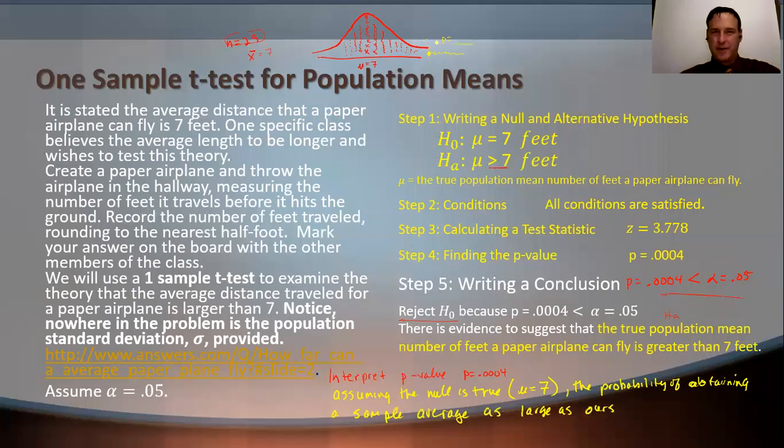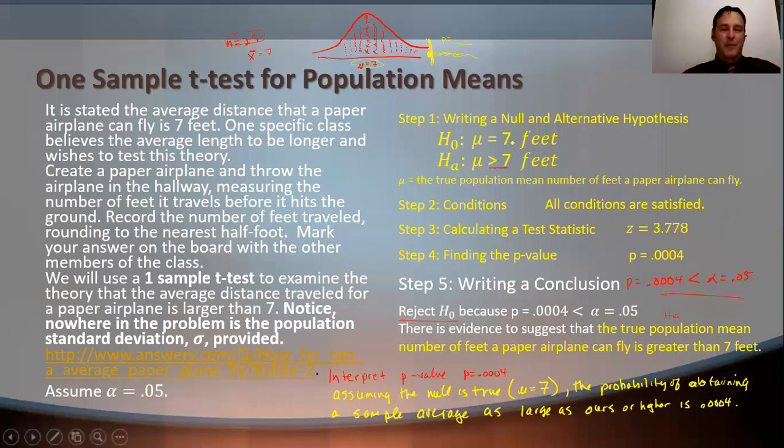which is what this dot was, this point, that cutoff, or higher, and I say or higher because I'm traveling to the right, is your p-value, 0.0004. So was it common that we got an average as high as ours, assuming that this null is true? No, it doesn't happen very often. The probability is 0.0004,